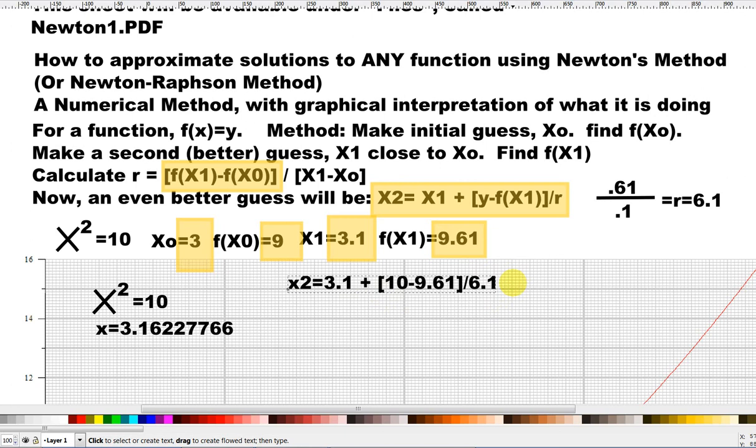Well, 10 minus 6.1, so this is 3.1 plus 10 minus 9.61 is 0.39. And then we're going to divide that by 6.1. And so what we're going to get is our better approximate answer: 0.39 divided by 6.1 equals 0.0639. So 3.1 plus 0.0639, 34426. I'll just carry that out to all the decimal places on my calculator here. Equals,